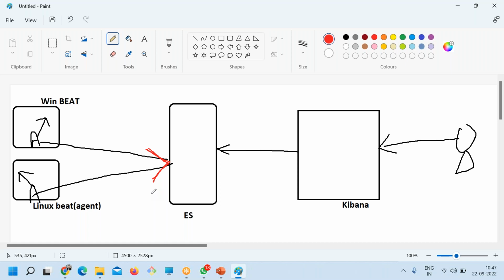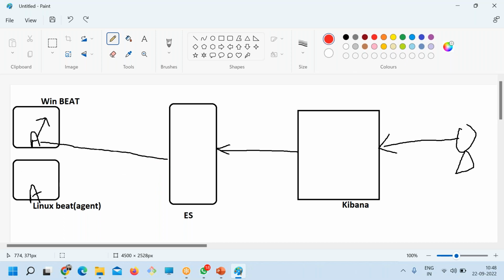But guys, what is happening? The data which Beats is collecting and forwarding to Elasticsearch is not the filtered one. Filtered one means not the processed one. That means everything it captures, it forwards to Elasticsearch. But if you store the data in the right format, in an inverted format, then it's easy to search. So what we do is we do not implement it directly by sending the data